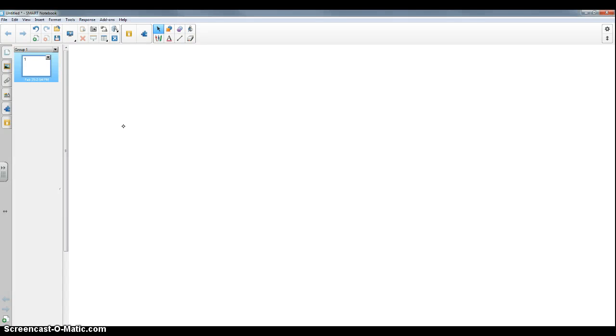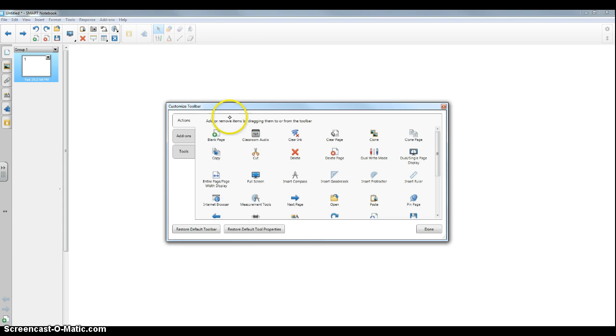All right, let's take a look at some of the protractors that you have available to you within Smart Notebook. One of the protractors is built into the measurement tools as part of Smart Notebook. Usually it's located on the toolbar. If it is not located on the toolbar, when you right click on the toolbar, you have the option to